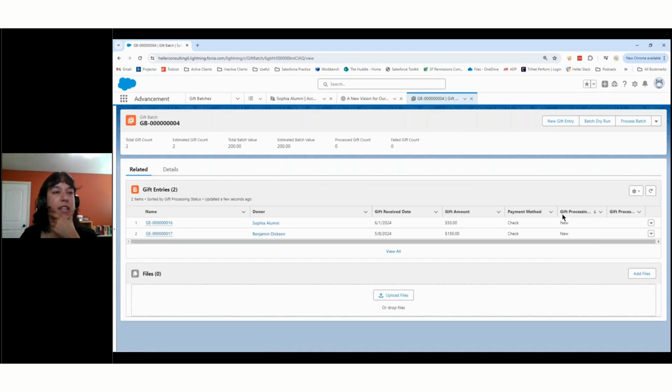I can see those entries, and they start out with what's called this gift processing status of new. I'm going to click process batch. Tells me it's in progress. It warns me that it can take some time, but because this is such a small batch, it's actually not going to take that long. Of course, the bigger the batch, the more time that it will take, but hopefully when I click refresh,